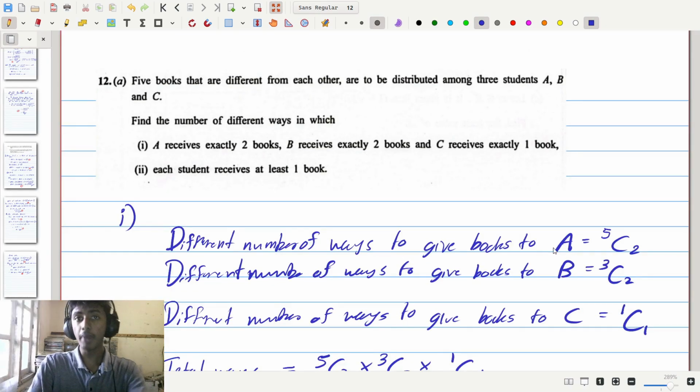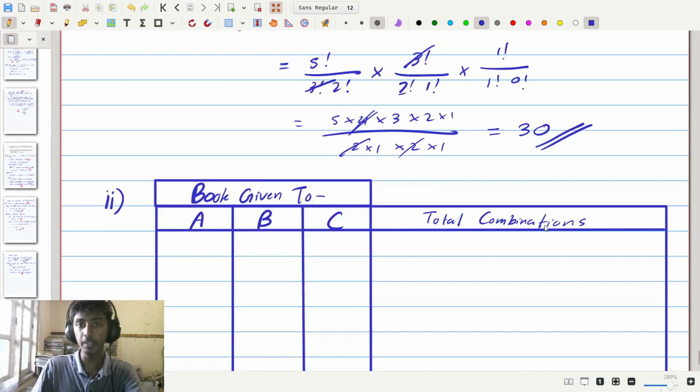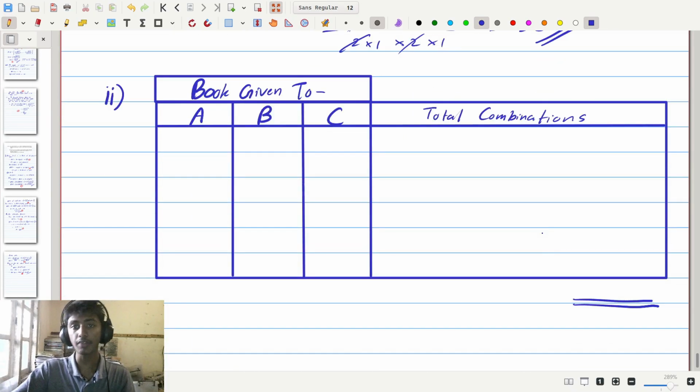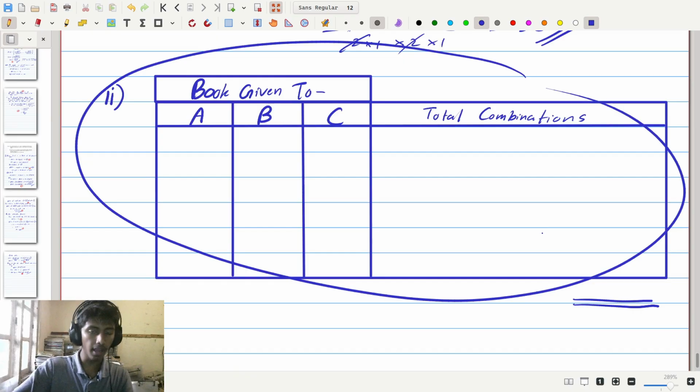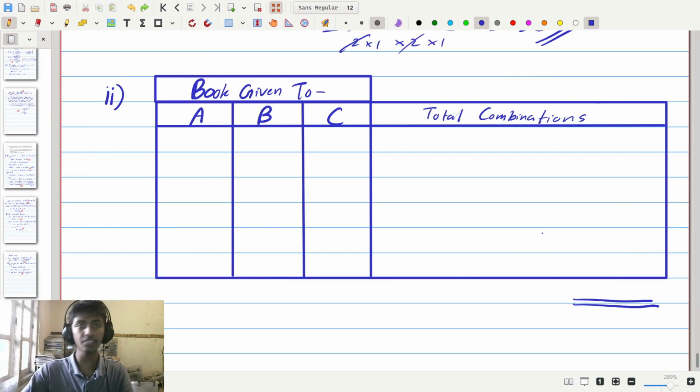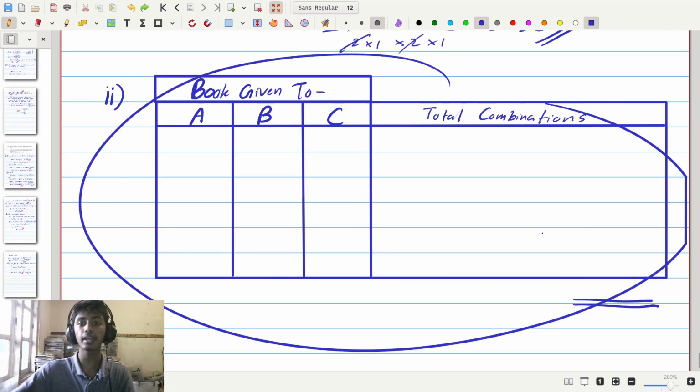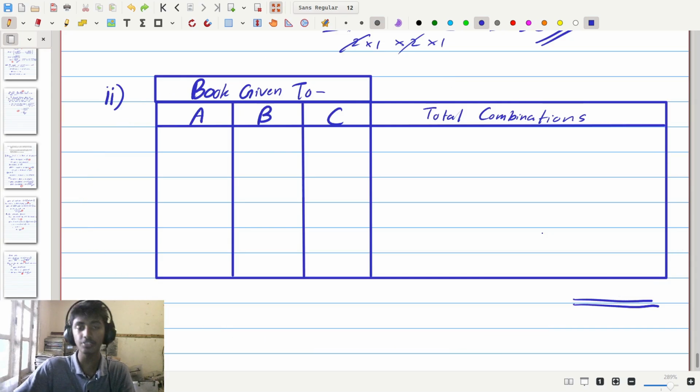Now, for the second part of the question, as I discussed, we're going to have multiple cases. In order to handle those cases, I've constructed a little table here. Now, in the mark scheme, generally, you will see a table like this. They generally do this so you don't need to write down each individual case word by word. You could write a table like this, and it's preferred to write a table like this, because